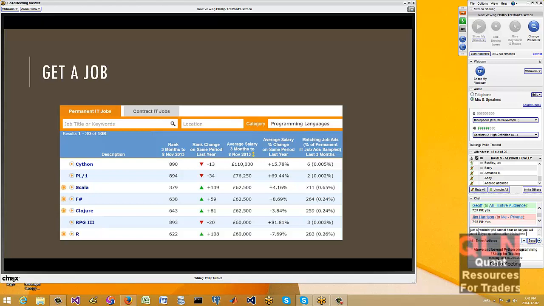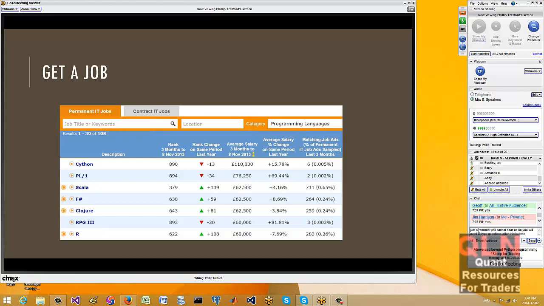The functional programming jobs are coming up top, and we can pretty much discount the first two because they don't actually have really any jobs available. But if we look at Scala, FSharp, and Clojure, it's looking pretty good. So hopefully you're sold on that too. If you want to follow the money, that's where it's at.